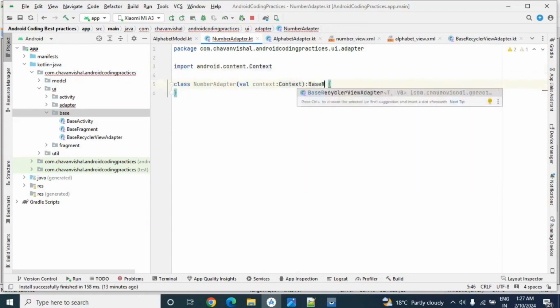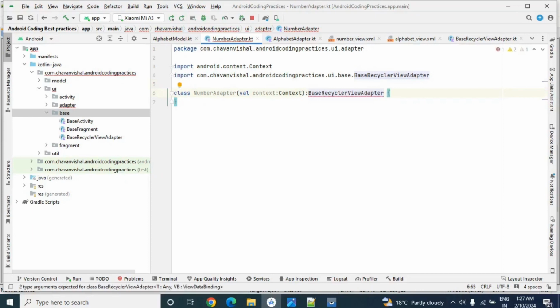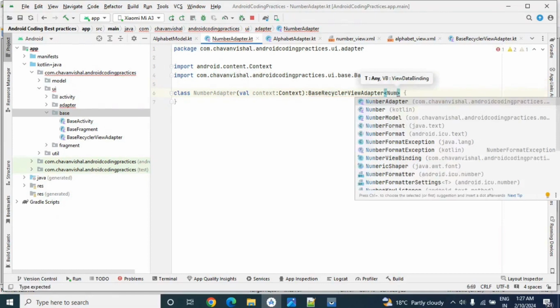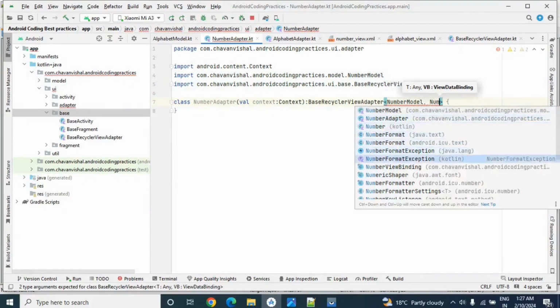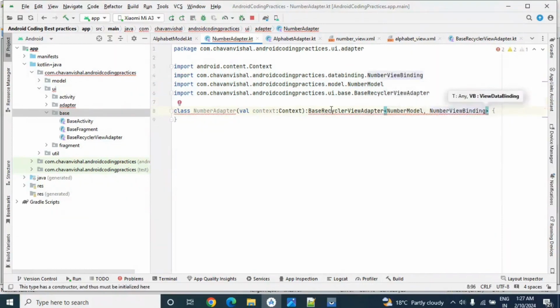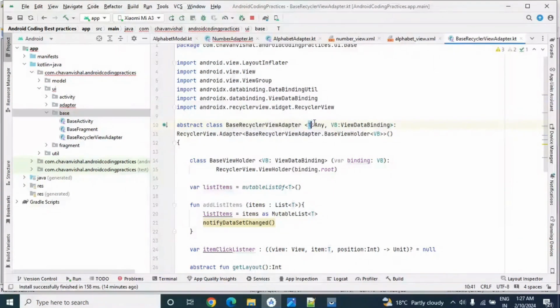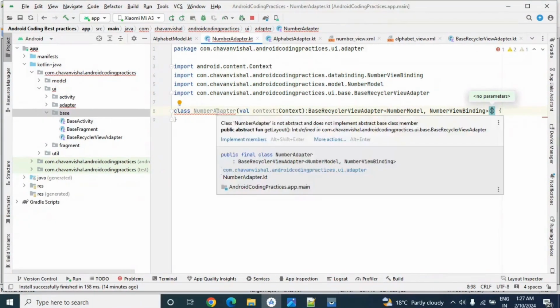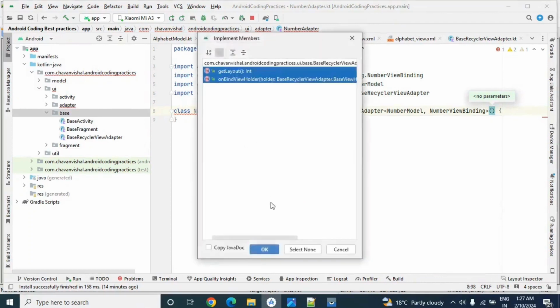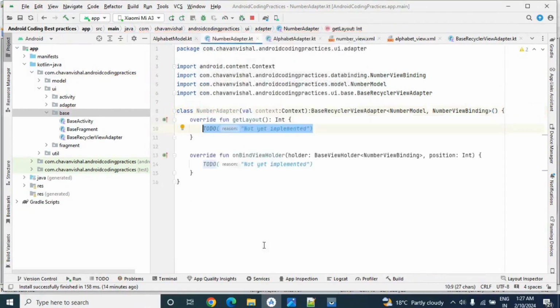That's why I am passing it here. To the BaseRecyclerViewAdapter we need to pass two things: first our model, like NumberModel, and second our NumberViewBinding. So we have passed model and view data binding. Now we need to implement this member.